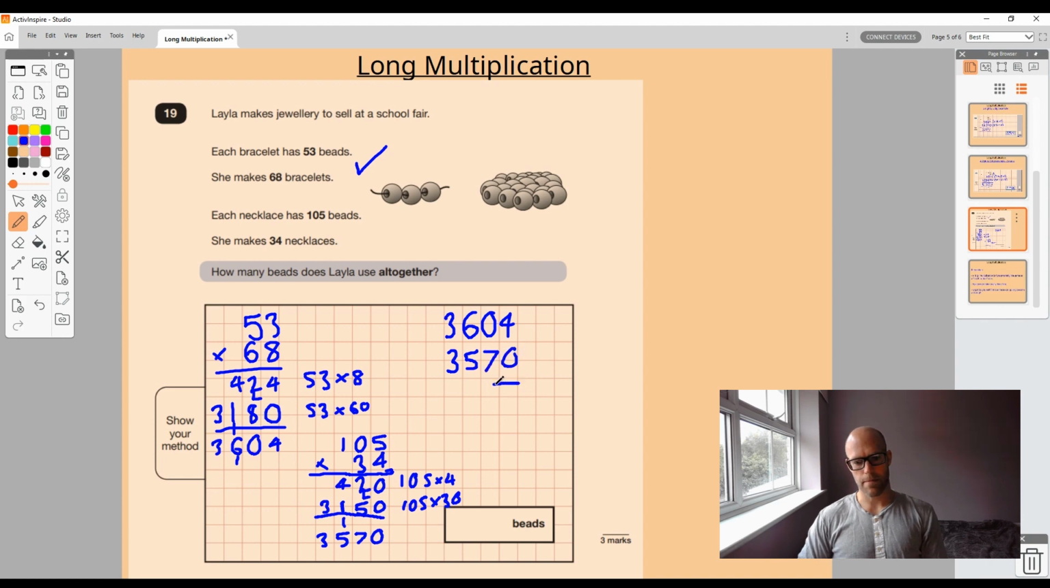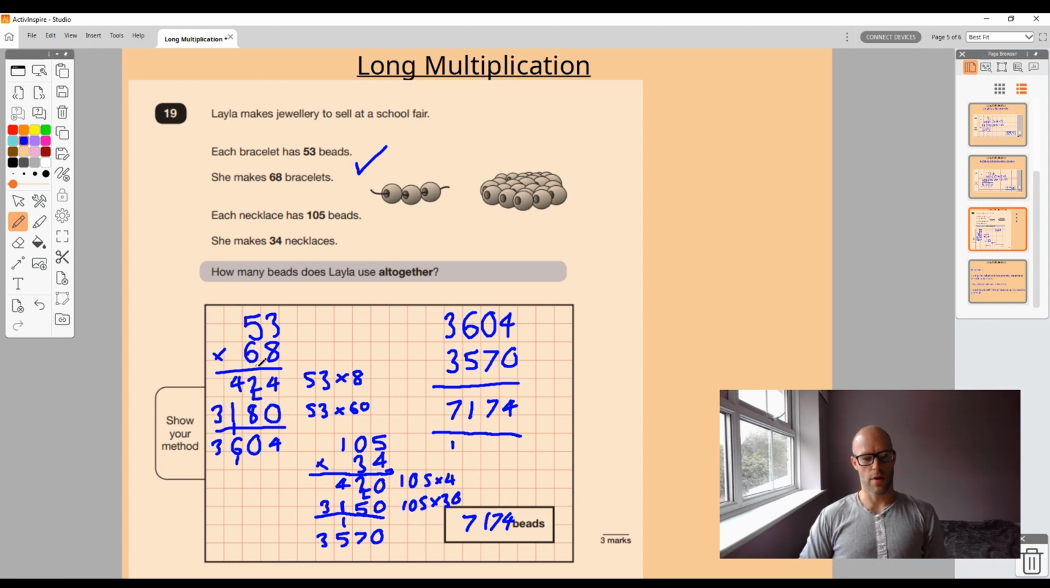3,570. All I need to do now is, because I've got the necklace numbers, I've got the bracelet numbers, add them up. 4 add 0 is 4, 7, 6 add 5 is 11, and 3 add 3 add 1 is 7. 7,174 beads. So you'd likely, I haven't seen a mark scheme for this in a while, you'd likely get 1